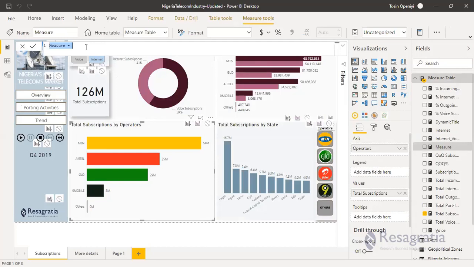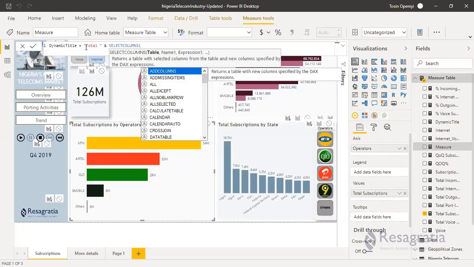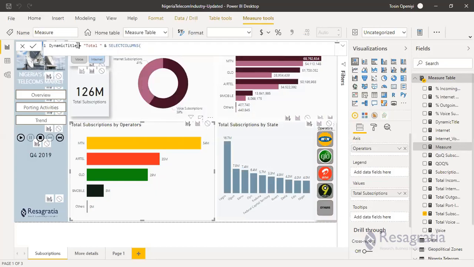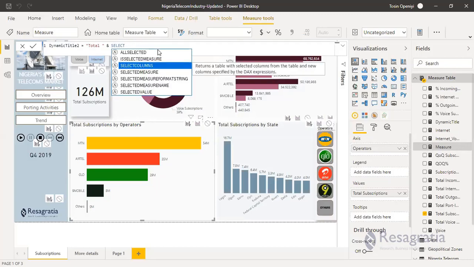Okay, so dynamic title two equals, so I'm concatenating total and selected. Change the name, the same name as the other one you wrote before. Oh, thank you, that skipped me. Okay, selected value, not column. Selected value.